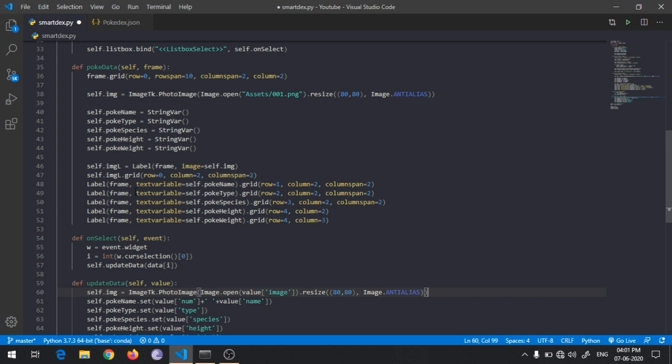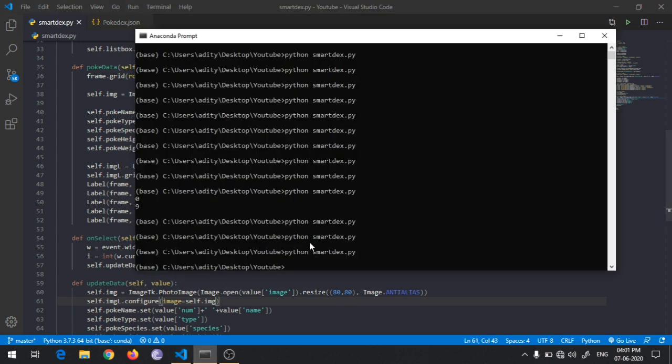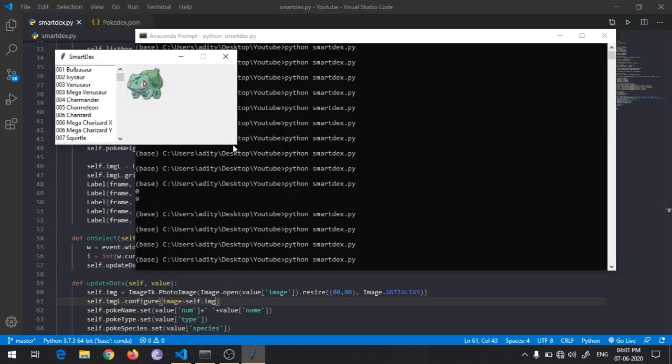And if you notice here, we have created the image label and we have given this, but this time we will be using the same image label variable, and this self image is also the same variable here. So I will configure it to have the image value as self.img. Let's see if it works.